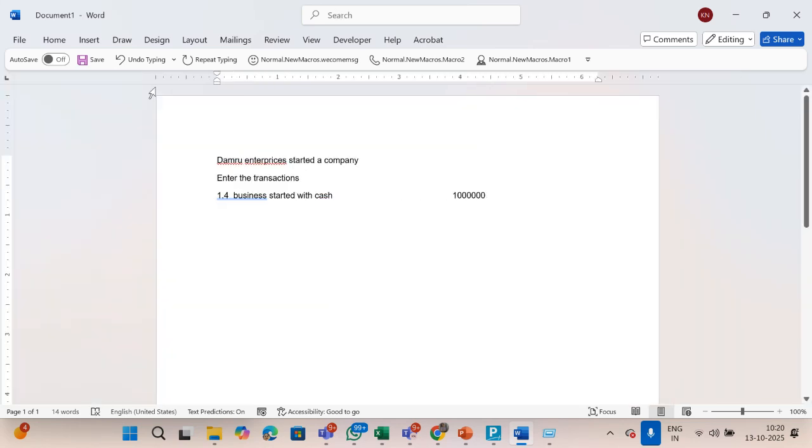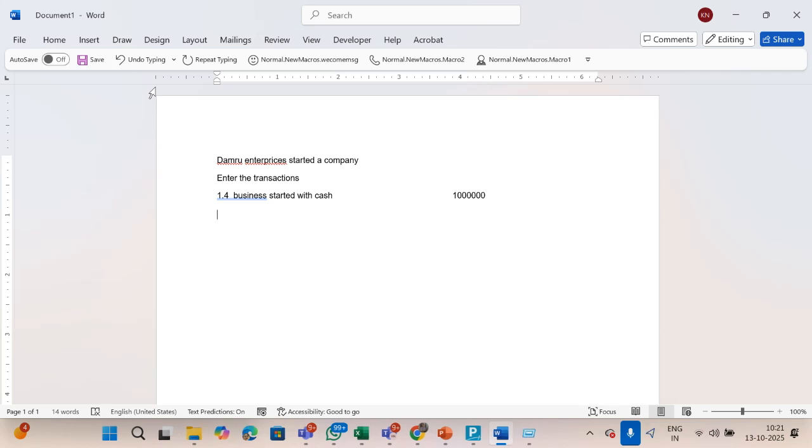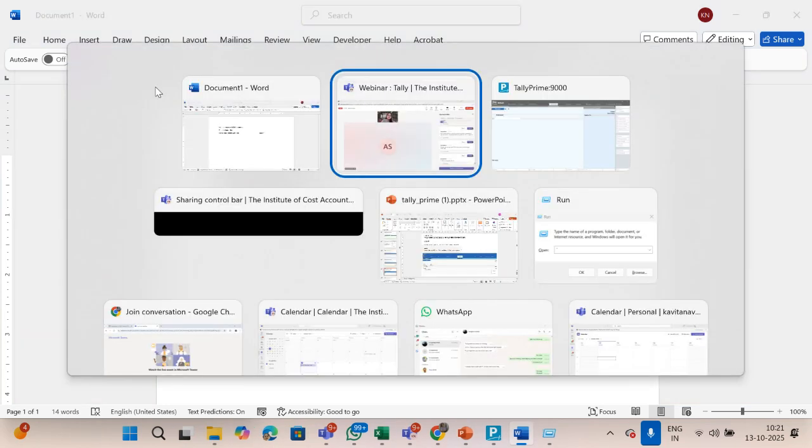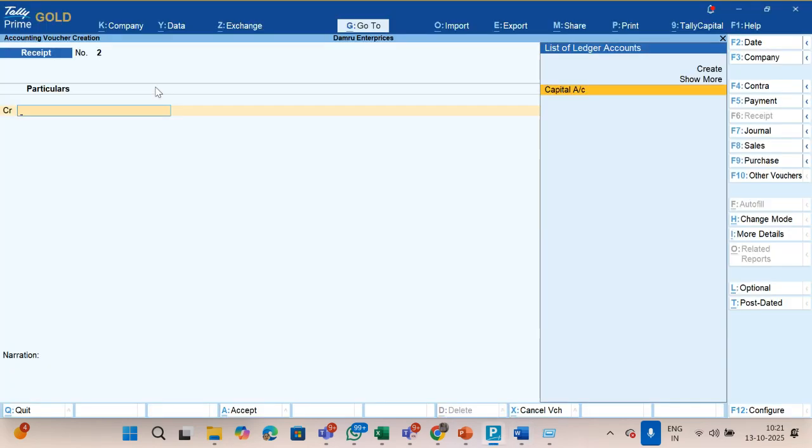What is inventory? Inventory means the goods in which we are trading, but we don't want to enter the goods details, like in which goods we are doing the transaction. So if you don't want to enter the goods details, in Tally